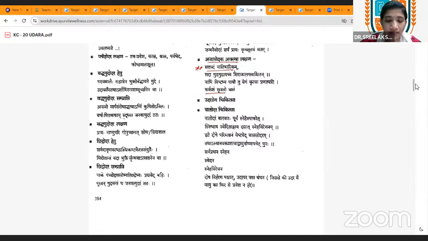Next, in Baddha Udara, Snehapana is contraindicated, and here Tikshna Virechana is indicated. In Baddha Udara, actually what is happening is there is obstruction, so Snehana cannot be done. For that purpose, we have to remove that obstruction, so Tikshna Virechana can be done. Okay. Then next is Chidrodara. In Chidrodara, Sneha and Sweda are contraindicated, and we can give Kaphaja Udara Chikitsa. And in Chidrodara, Jatam Jatam Jalam Sravyam is indicated.